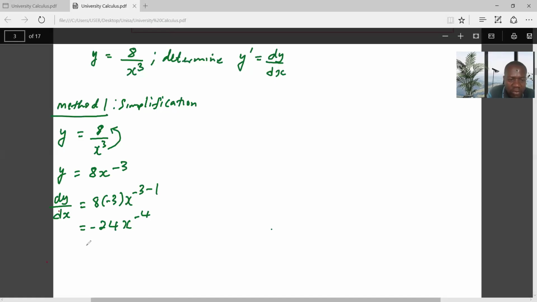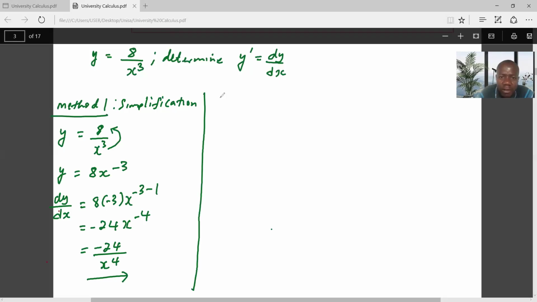Then we solve this in a standard form. This is -24 divided by x to the power of 4. Okay, this is what we have learned in grade 12. Now, in method 2,